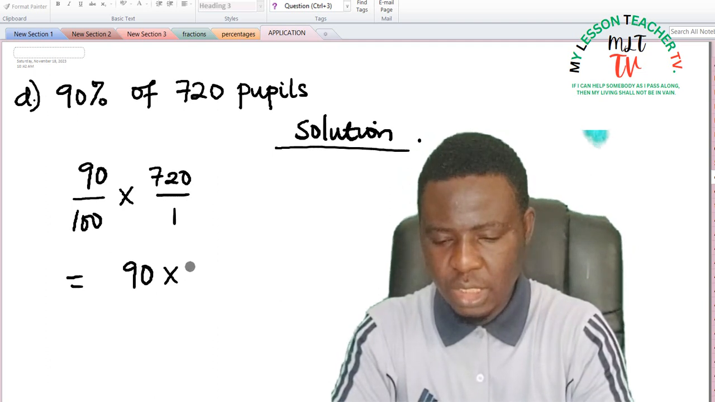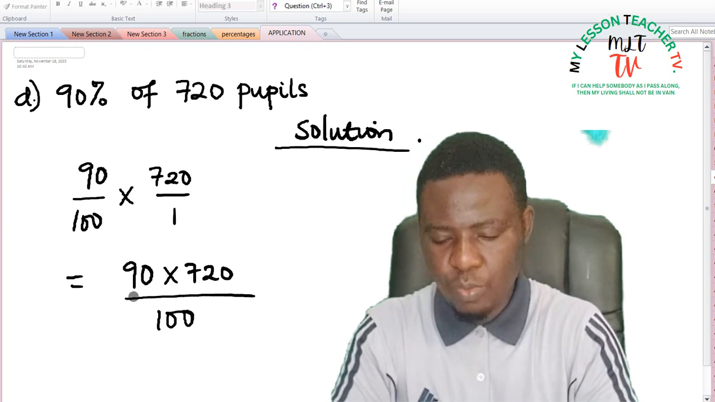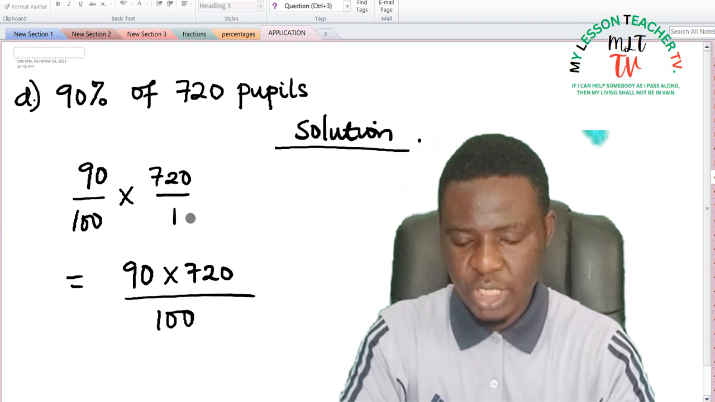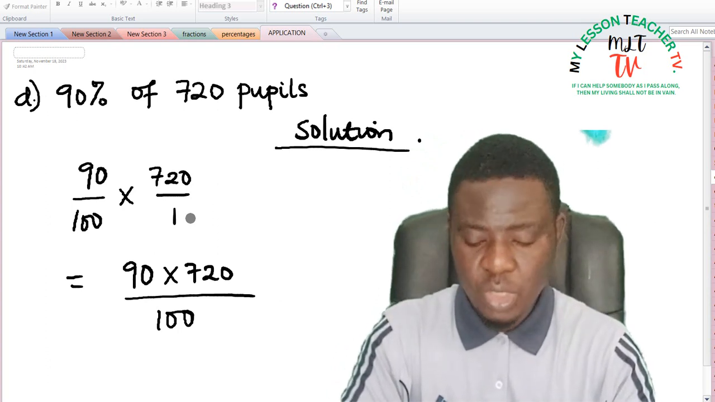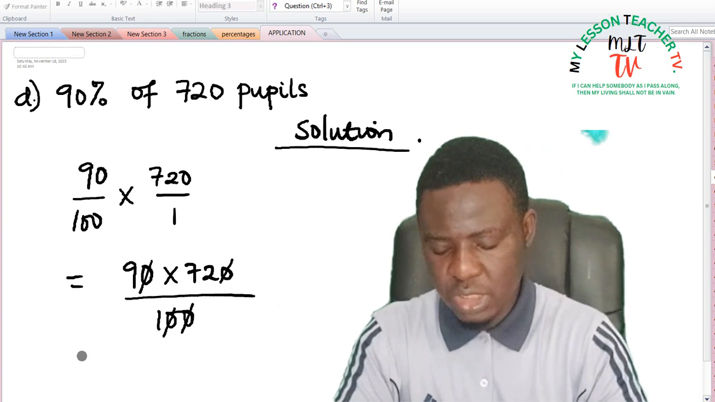This is 90 times 720 divided by the product of the denominators, which is 100, for 100 times 1 is 100. So you look for a common factor that can divide both the numerator and denominator. 10 can divide this as well as this. So this is equal to